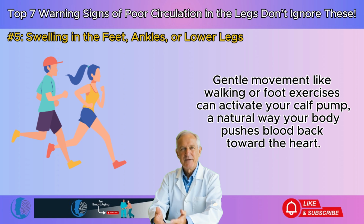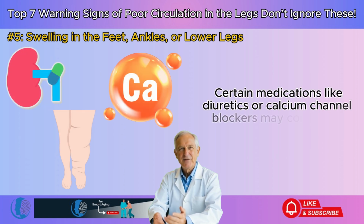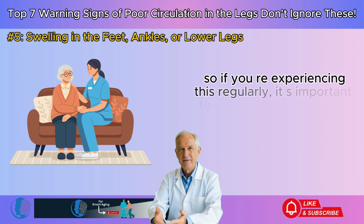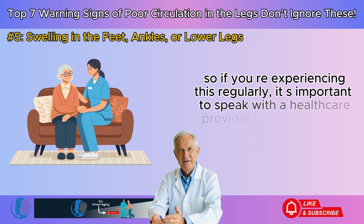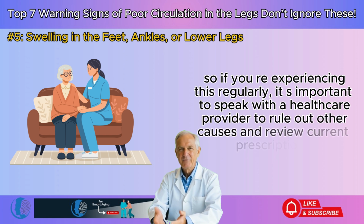toward the heart. Certain medications like diuretics or calcium channel blockers may contribute to leg swelling. So if you're experiencing this regularly, it's important to speak with a healthcare provider to rule out other causes and